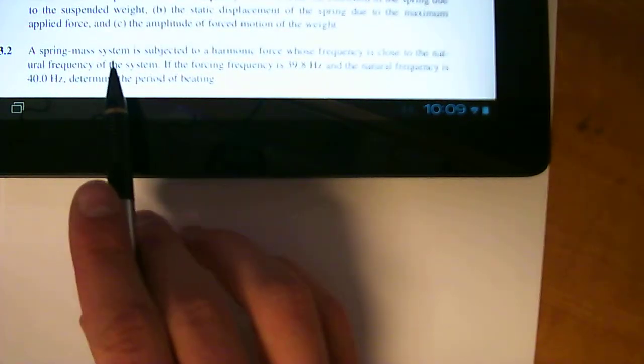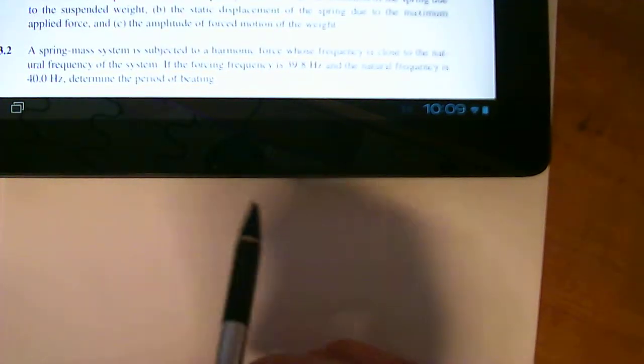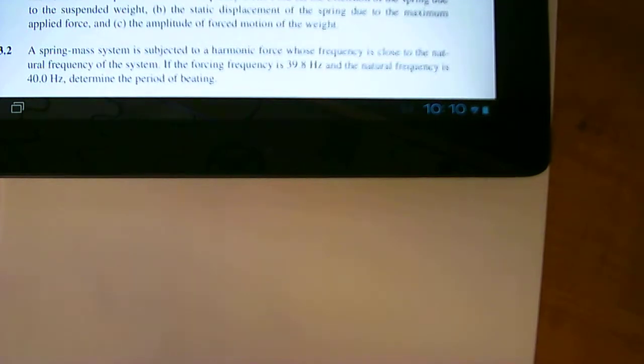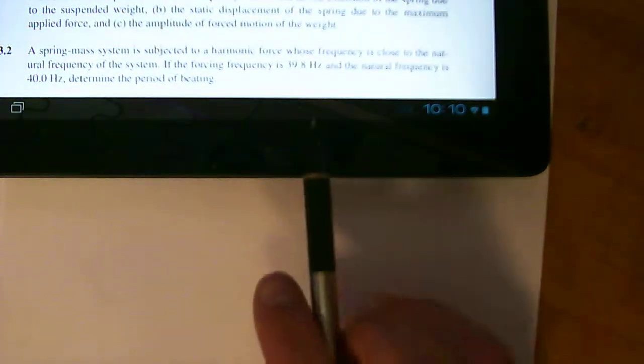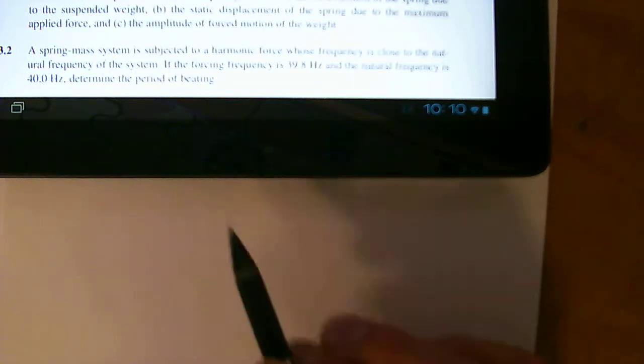This problem we're going to do here is a very simple period problem. Basically you have a spring mass system that's subjected to a harmonic force whose frequency is close to the natural frequency of the system. If the forcing frequency is 39.8 Hertz and the natural frequency is 40 Hertz, determine the period